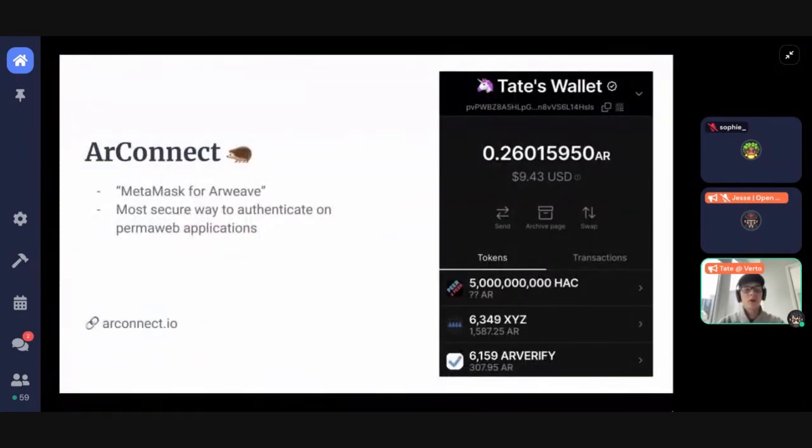So let's move on to RConnect. RConnect is the MetaMask for Arweave, if you will. It's sort of the de facto standard. It's one of the main ways that people are interacting with permaweb applications. And it's also one of the most secure ways as well. And to the right is a picture of what RConnect's user interface looks like. We're currently in the process of completely redesigning this to be much more friendly and current with the new Verdo interface. So we're really excited about that. And you can learn more about RConnect at